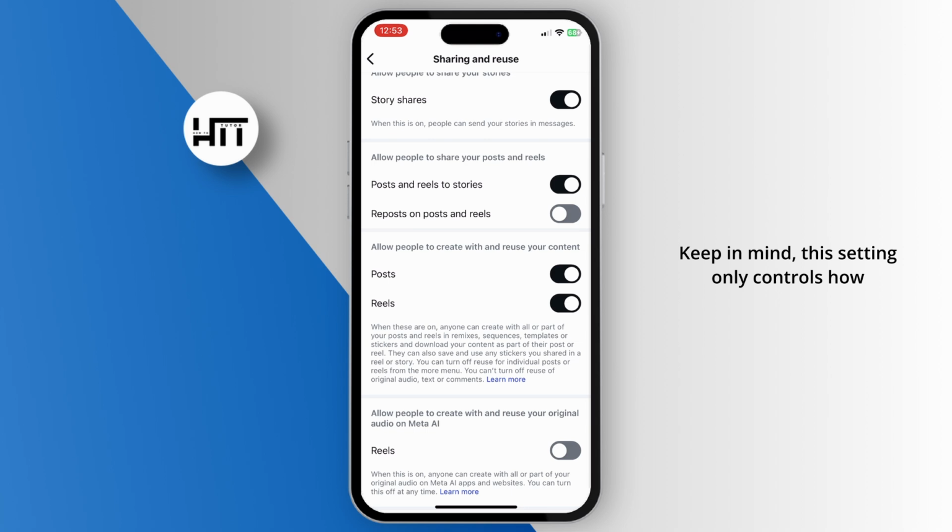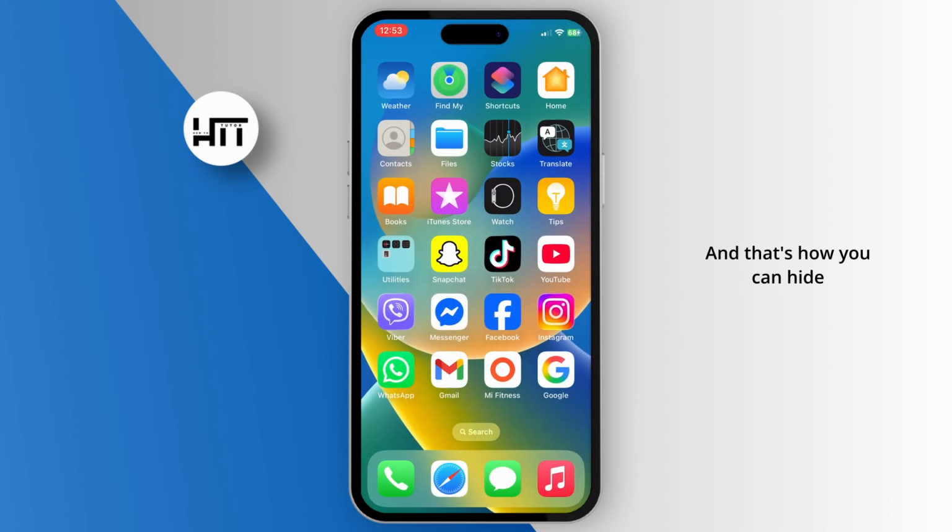Keep in mind, this setting only controls how reposts appear on your profile. You can still see and use the repost feature on Instagram, but your profile won't display them anymore. And that's how you can hide